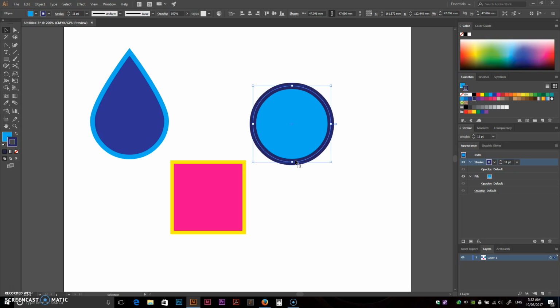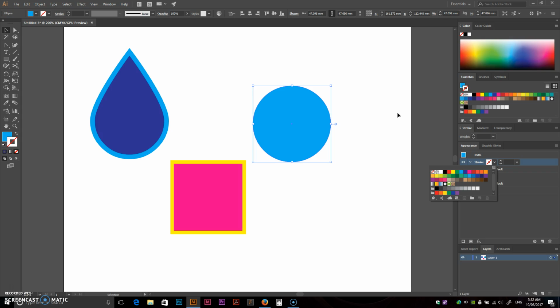Now, of course, you don't have to have a stroke or a fill. So for example, on this circle here, if I didn't want that thick outline or that thick stroke around the object, a simple way is just to get the stroke color and set it to none. So that's usually the first swatch in the swatches panel, and it will appear in the various locations where you would change that. So an object can have no stroke around it, which you'll probably find is going to be a case with a lot of the letter forms that you're going to be drawing later